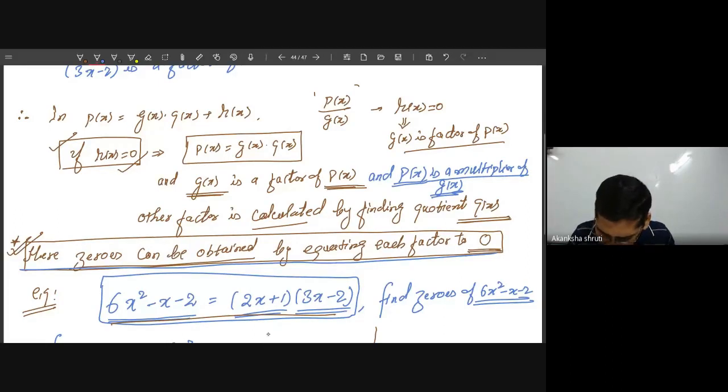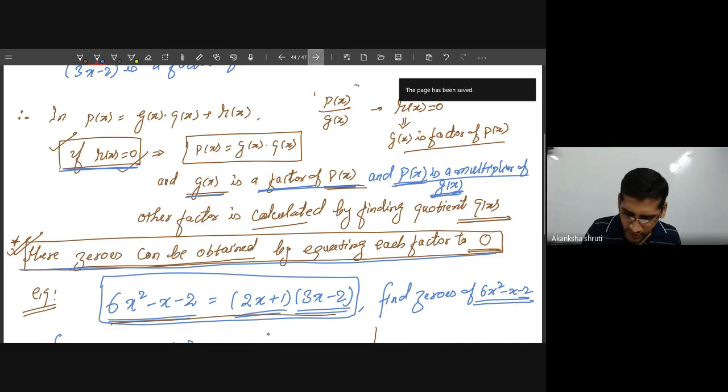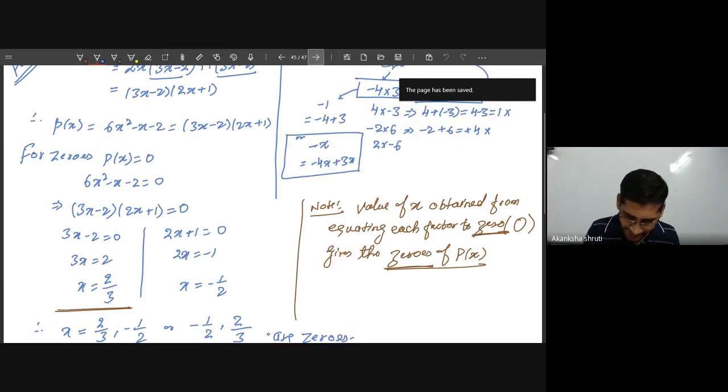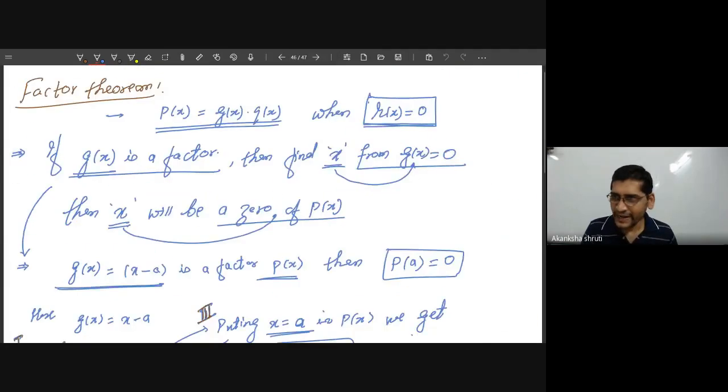So px is a bigger polynomial, so always a bigger number is a multiplier of a smaller number. Okay, so the bigger polynomial px will be a multiplier of gx if it can be written as a product of that gx. This can happen only if the remainder is coming as 0, and the smaller polynomial gx is called the factor of px. So student, please do this question as your homework, and next day we will continue with the remainder theorem and surely we will be able to finish this chapter.